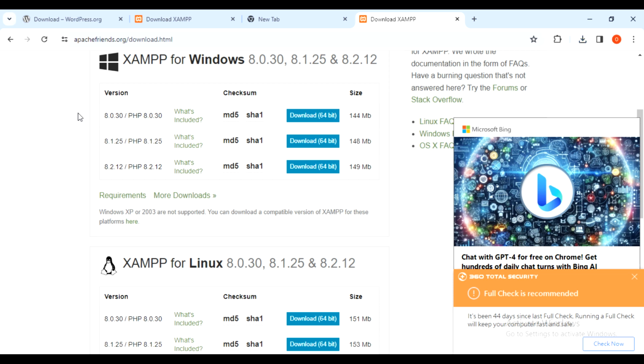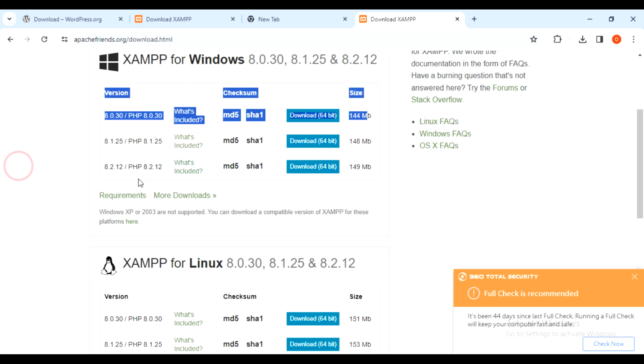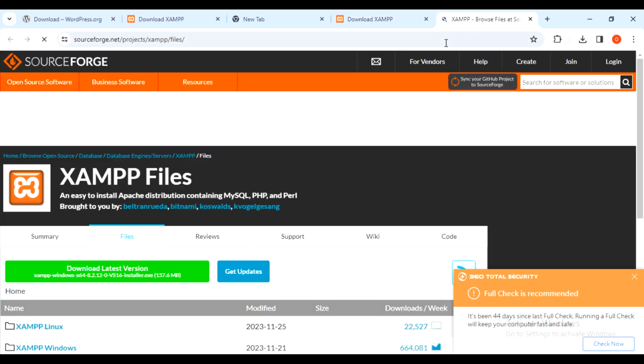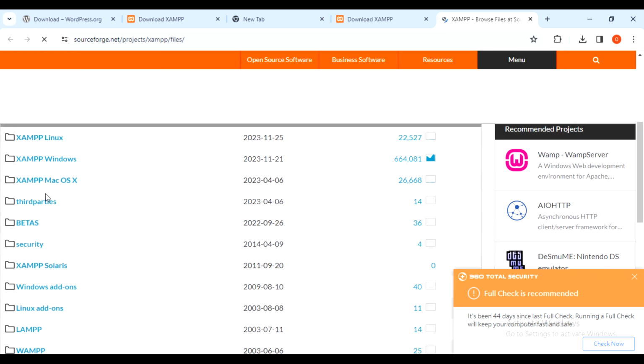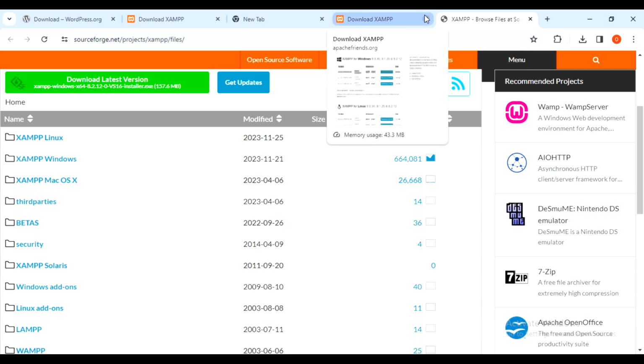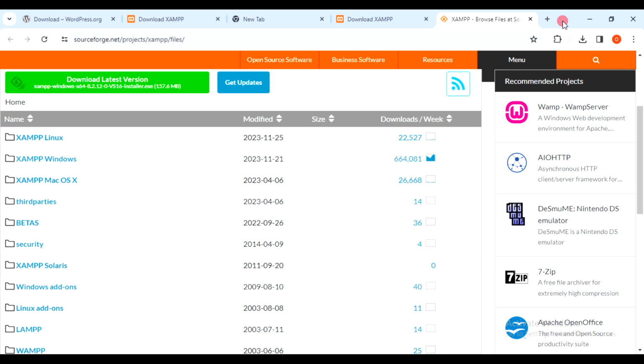So it depends on the version of PHP you want to work with, but it is recommended to always work with the latest version. But if you want to work with a version lower than what we have here, then you can click on the more downloads link here, and it will list everything for you, so you can easily get the version you are looking for. So the version I'll be using on my PC is version 7.4. I have that installed here, but everything should work fine. So once you've downloaded XAMPP, then we move on to the next phase,